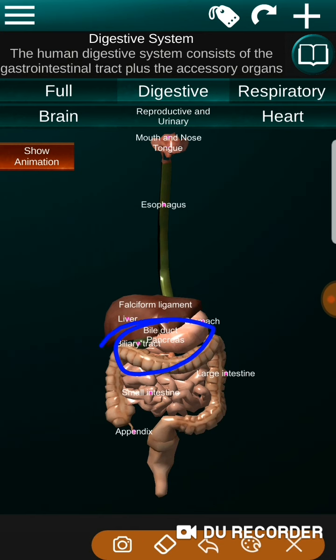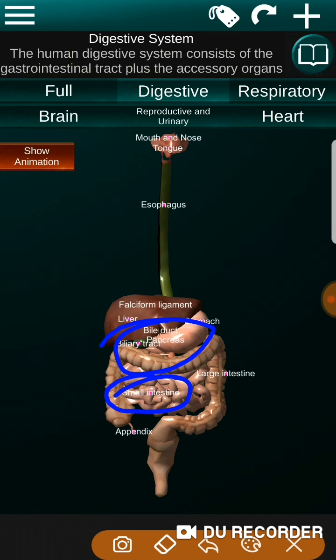Many digestion processes take place in your small intestine. Mainly your food is digested in the small intestine. Then this food passes from the small intestine to the large intestine. The main job of the small intestine is to absorb as much of the nutrients obtained as a result of digestion.